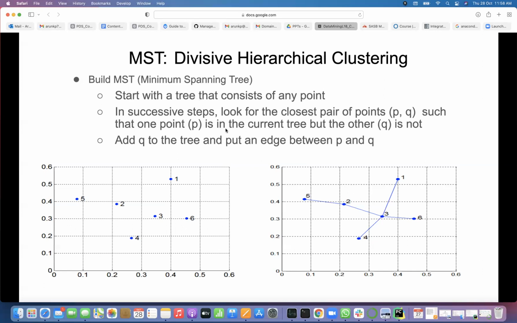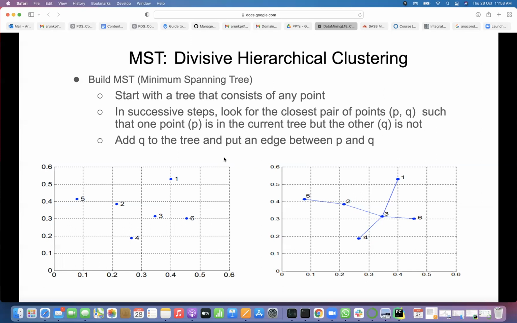So build the MST now. First, start with a tree that consists of any point. In successive steps, look for the closest pair of points P and Q, such that one point is in the current tree but the other is not. So we assume first that each point is a tree. Then we have these edge weights, which are nothing but the distance between two points.